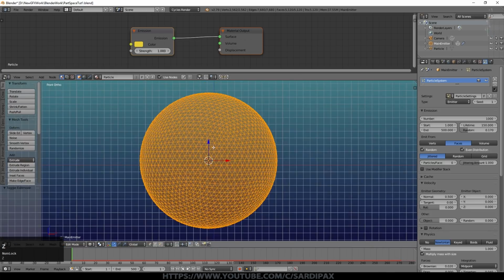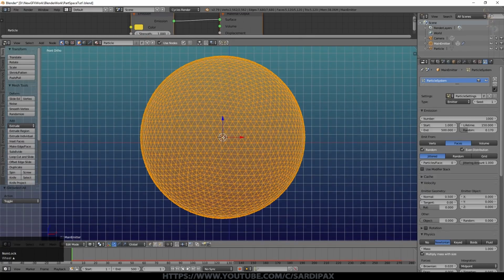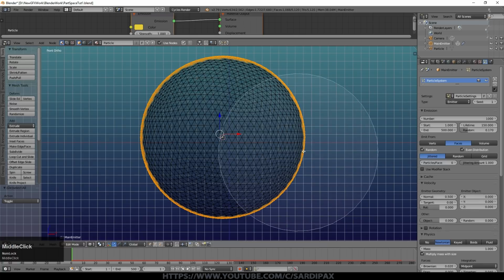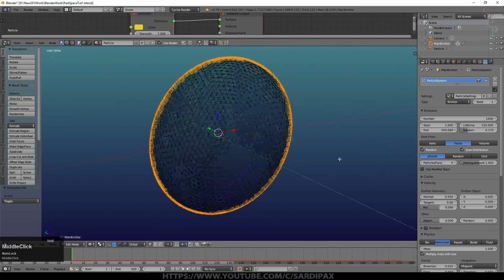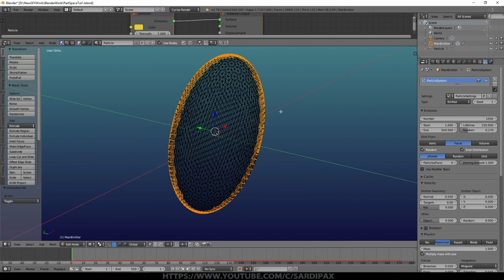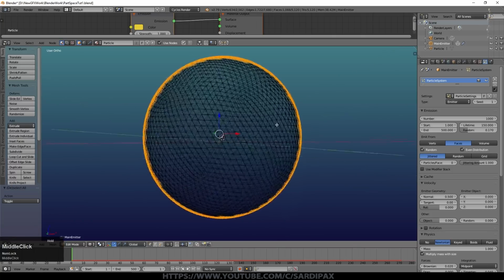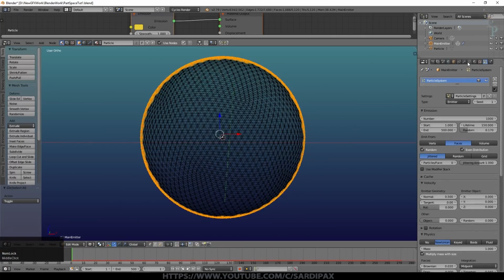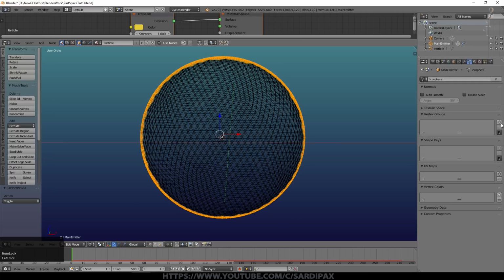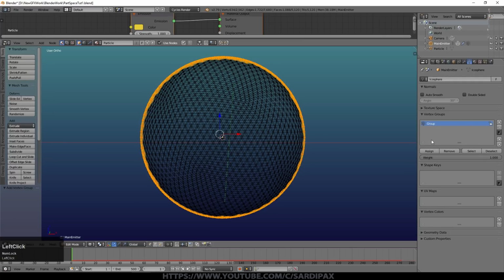So what I need to do, go into wireframe mode, select everything, press C to give me a circular selector, I just made it a little bit smaller than my flattened sphere, something like that initially, and then middle mouse button just to deselect everything except that rim. If you use a UV sphere, it's actually easier to do that, but I prefer the icosphere for a lot of things. Then come over to here for vertex settings and click plus on the vertex groups and assign.